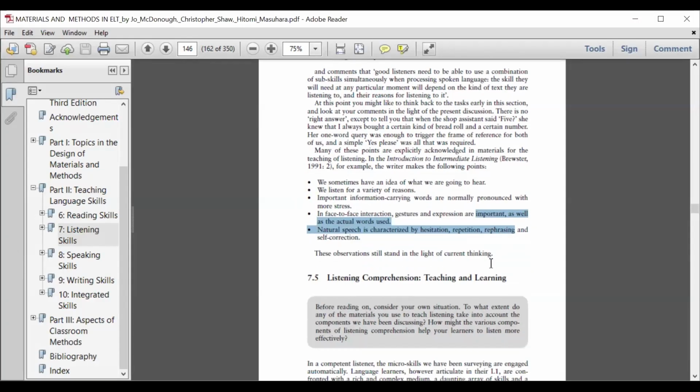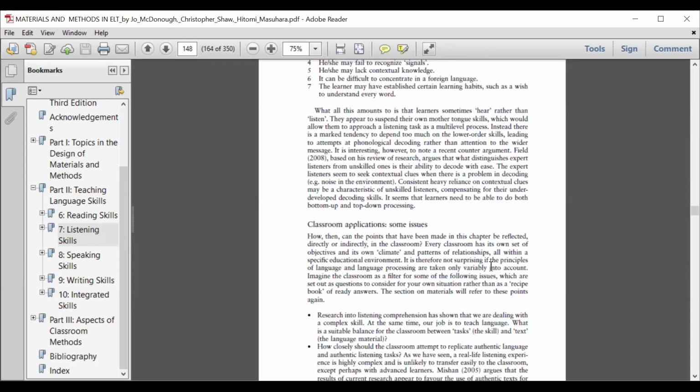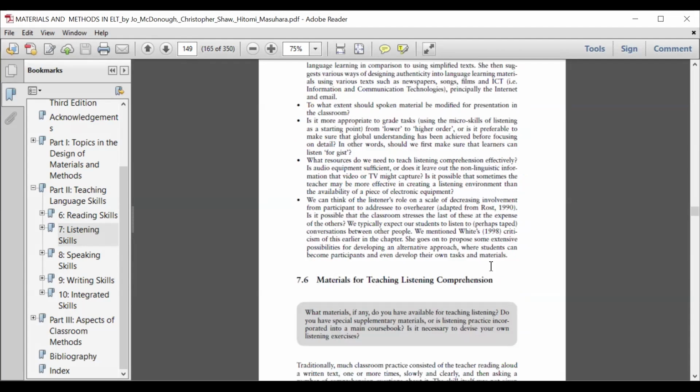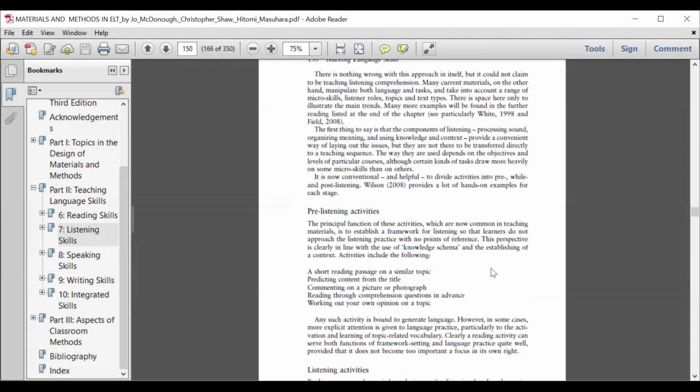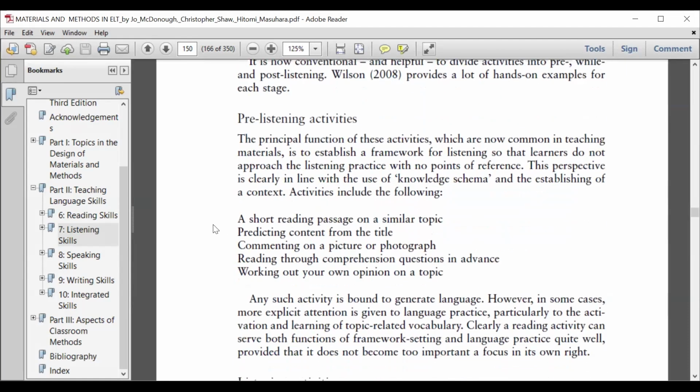So there are several parts of your listening. What are the things you need to do, and what are the segments you need to provide to your learners? There are several systems, activities and tasks you need to provide. For example, there should be three ways of activities. One is pre-listening activities, another is while listening activities, that means you are listening and doing the activities, and another is post-listening activities. So as a teacher, you can introduce your learners to these things.